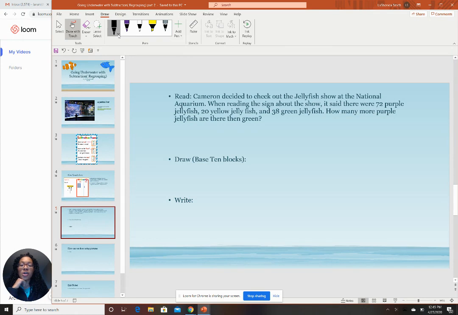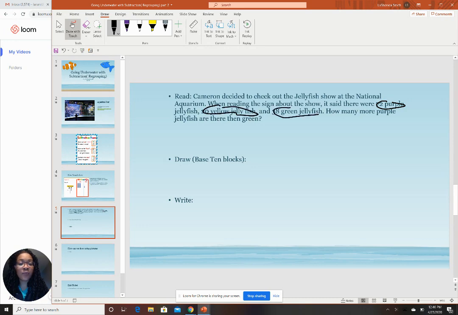Okay, so after reading the word problem, I see that it's telling me 72 purple jellyfish, 20 yellow, and 38 green. So I have 3 numbers, so I'm going to go ahead and circle those. However,